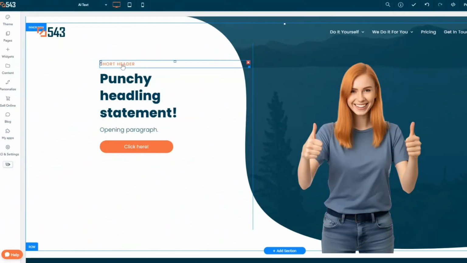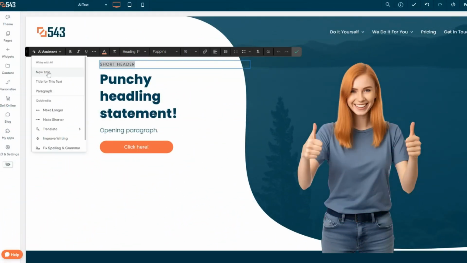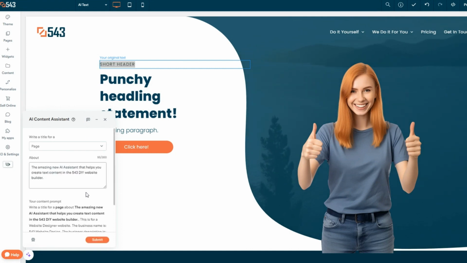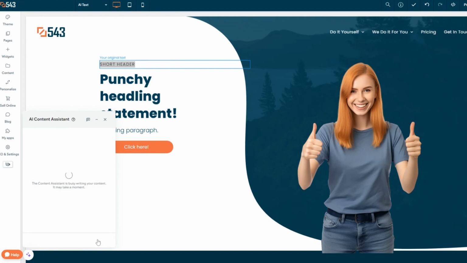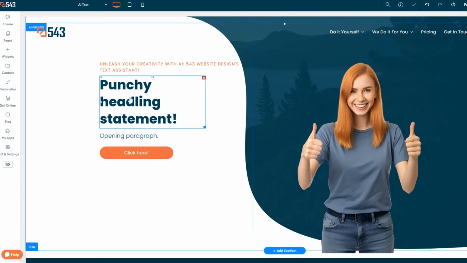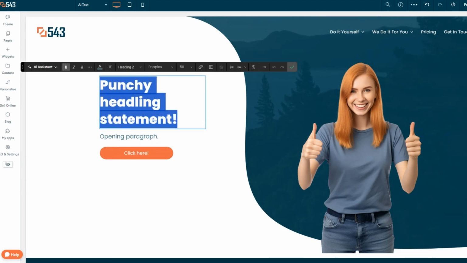We are excited to introduce our AI assistant to help you create text content quickly for your website. Simply choose any text on your site and select the AI content assistant from the dialog that appears. Here, we will use the prompt, the amazing new AI assistant that helps you create text content in the 543